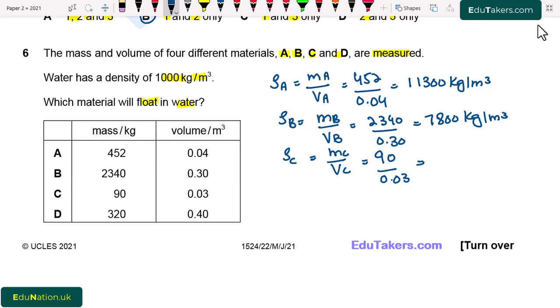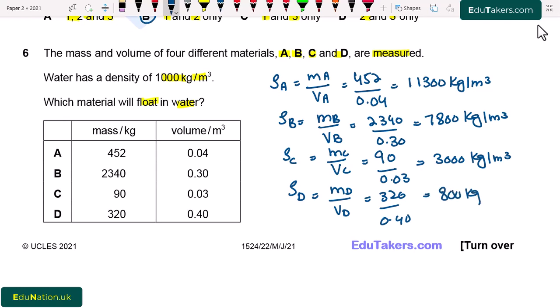So density is equal to 3000 kilogram per meter cube. For material D, it is mD over VD, which is 320 divided by 0.40, which is equal to 800 kilogram per meter cube. It is also given that density of water is equal to 1000